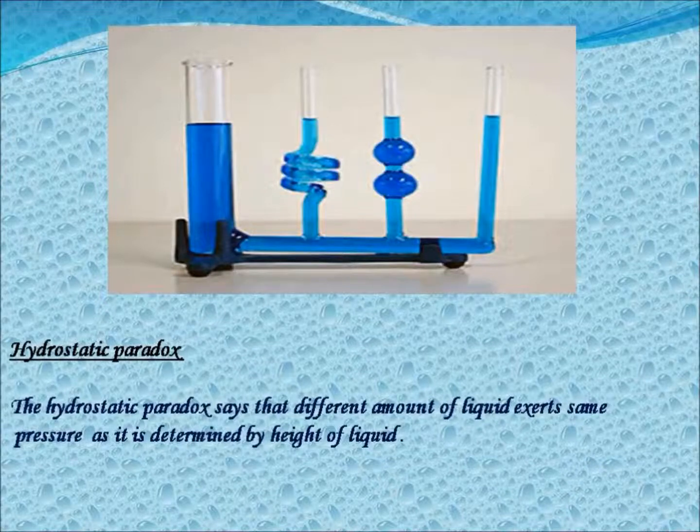From the figure, as you can see, the volume of the cylinder is equal to A multiplied by h, where A is the area and h is the height of the imaginary cylinder. Mass of the cylinder we can get by multiplying the volume into the density. So the mass of the cylinder is equal to